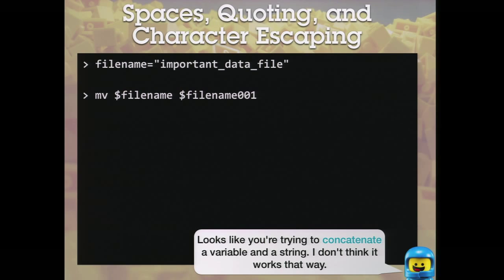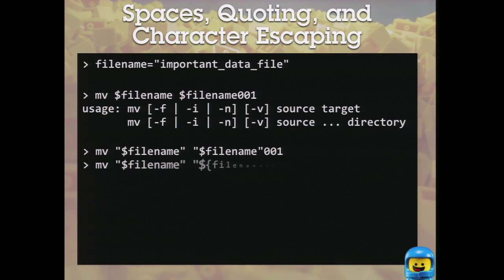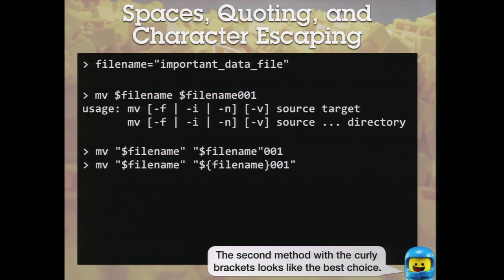So to get around this, well, usage just says, this is how you use me. You did something wrong. To get around that, you can quote the variable, or you can put curly brackets around the variable name. And that's actually the better way to go because it's the most explicit. And you can actually do that for all your variables if you want to just be very sure, and not just in cases where you want to avoid ambiguity.